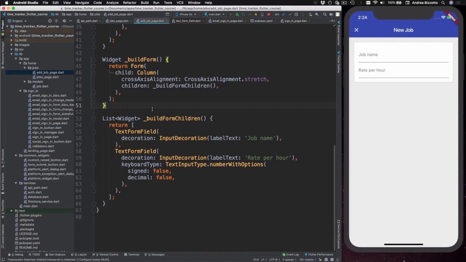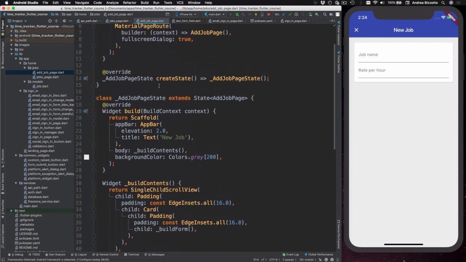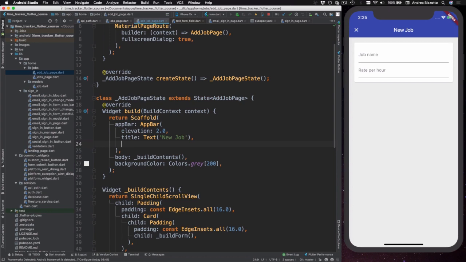Now that we have a form inside our widget, it is a good time to add a save button that we will use to validate and save the form data. And to do that, we're going to add a new button to the actions of our app bar. So here I can type in actions